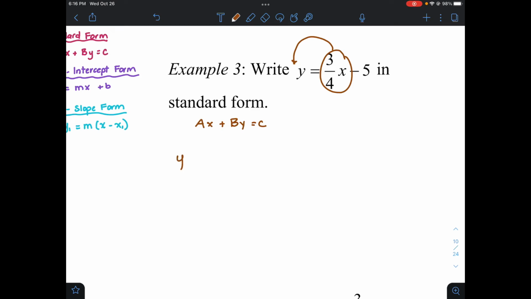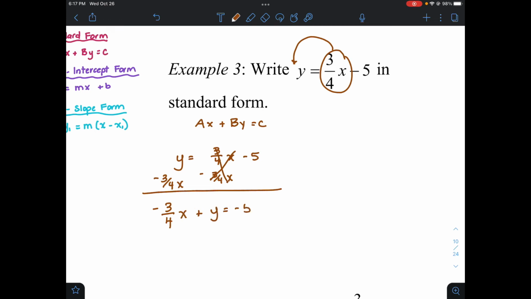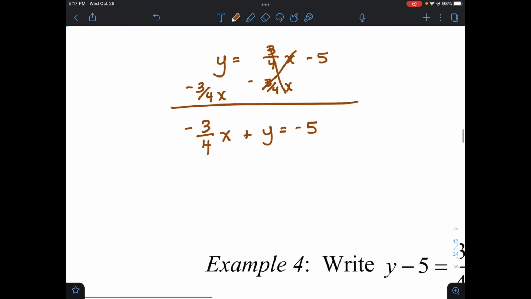So let me rewrite this. Y equals 3/4 x minus 5. So I'm going to subtract 3/4 x from both sides. All right, now I'm hoping that some of you remember when we did this, this would not be an acceptable